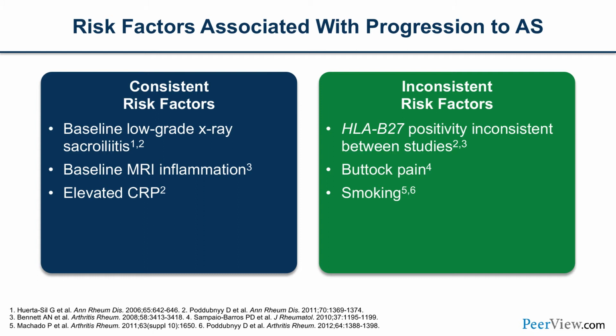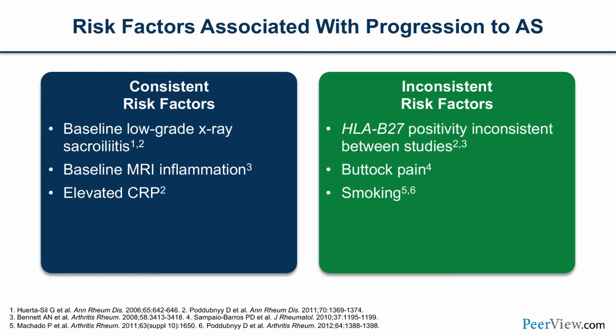But it has been consistently found that if you have radiographic evidence of sacroiliitis early on in your life, you're more likely to go on to develop progressive radiographic changes. If there is rich inflammation by MRI, similarly, that is a poor prognostic marker. And if you have elevated inflammatory markers, in particular the CRP, the prime arbiter of this, these are all associated with radiographic progression. Other findings which have been somewhat inconsistent include presence of HLA-B27, which we'll discuss, certain clinical features